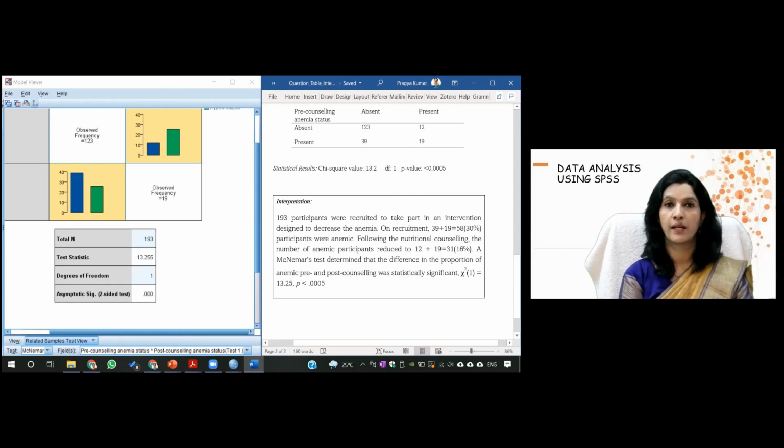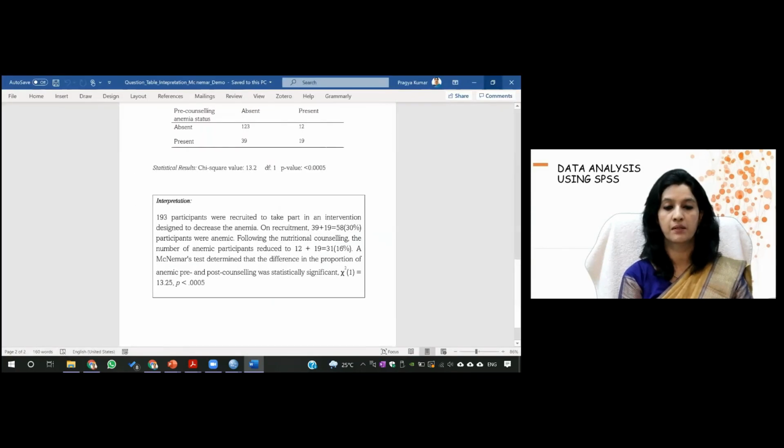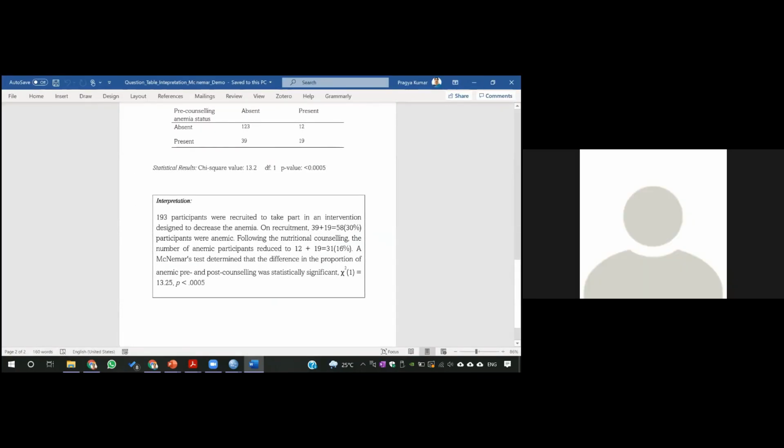So can anyone read this result? Priyanka, maybe you can read this. Let me maximize this. 193 participants were recruited to take part in an intervention designed to decrease anemia. On recruitment, 39 plus 19 is 58, almost 30% of participants were anemic.